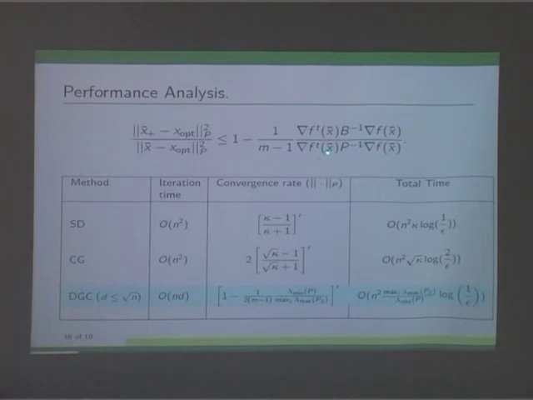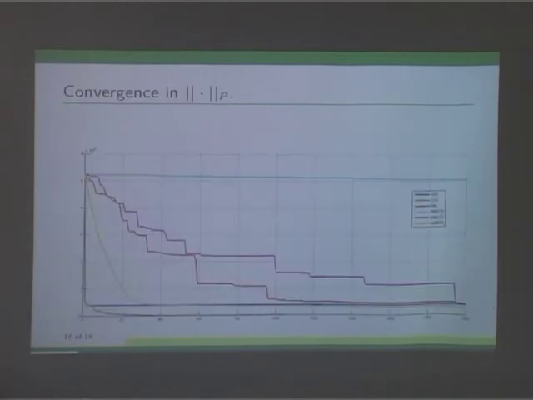So what this relation says is, if your P matrix is block diagonal, then this relation is 1. Then the convergence rate that we come up with is independent of the eigenvalues of P, if it was block diagonal. If it is not block diagonal, then how close is P inverse to B inverse? That is the kind of relation that we are working on presently. If you can find that relation, we will be able to show that this will still be significantly better. Based on this, we can come up with some convergence rate. Since I am short of time, let me not discuss this and go to the simulation results.